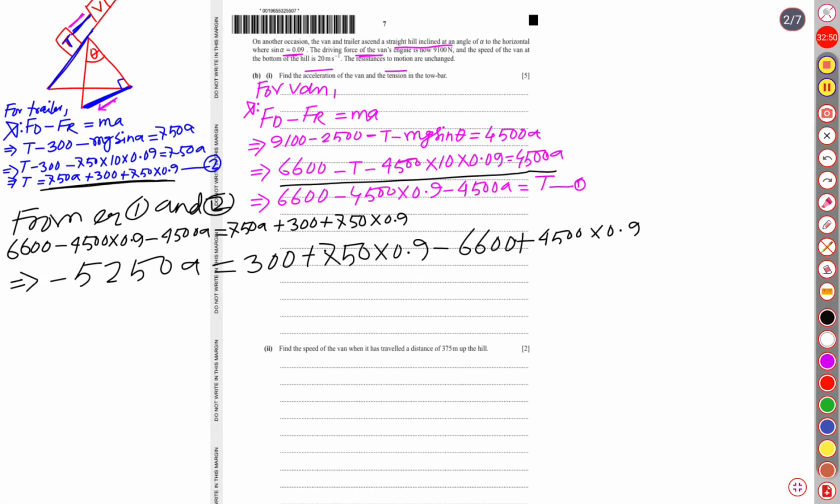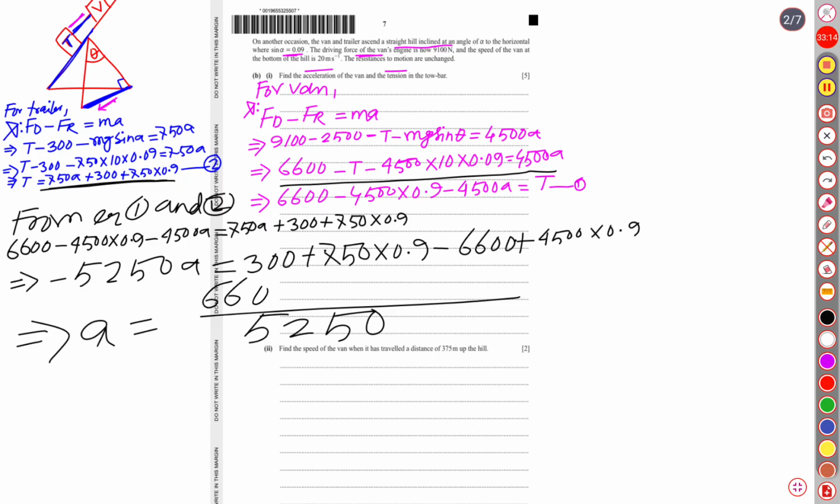Well, then what is it going to be? Negative, if we isolate a, let's isolate a, it is equal to 5250. If we dissolve the symbol, all of the symbols will be changed. So first negative one is going to be positive 6600, then negative, not 6600, we can write it 6300, because after doing subtraction, if 300 is subtracted from 6600,